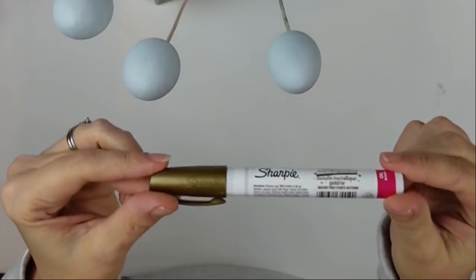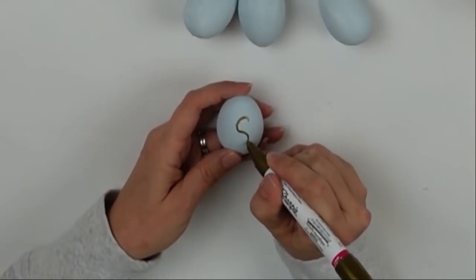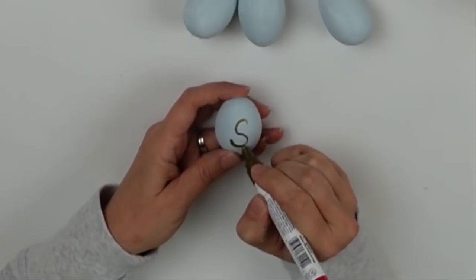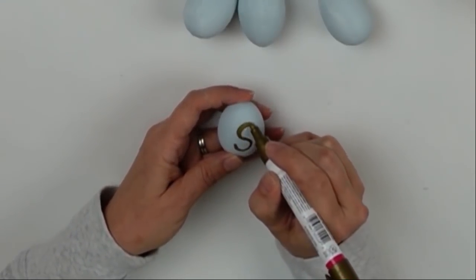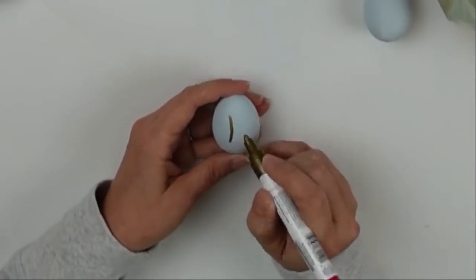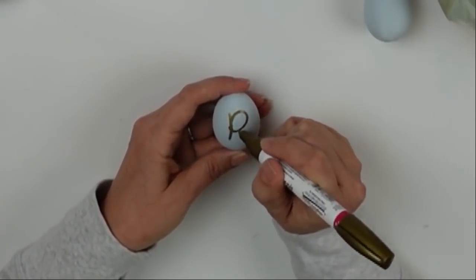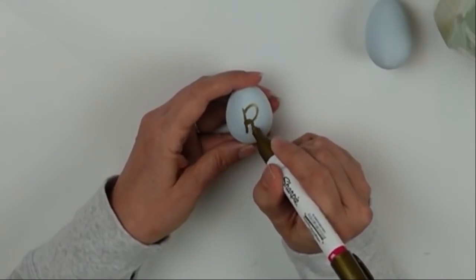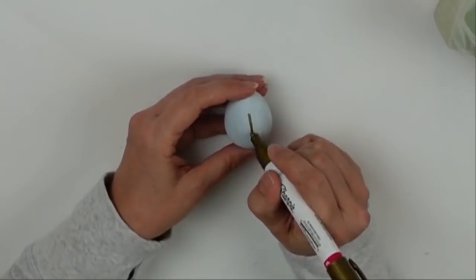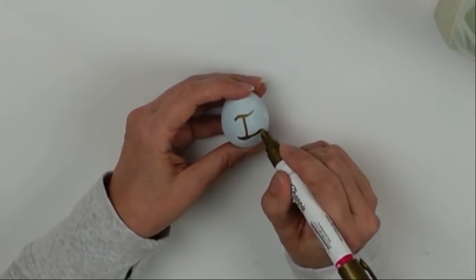Now I've got my Sharpie paint marker in gold. Once my eggs were all dry, I came in and I drew my letters. Now you can hand letter these the way that I am doing and just create whatever fun little font you want. I kept mine very simple. You could make it as embellished as you want. You could use stencils for these. You could use stickers for these. You do not have to hand letter it. You could use rub-on